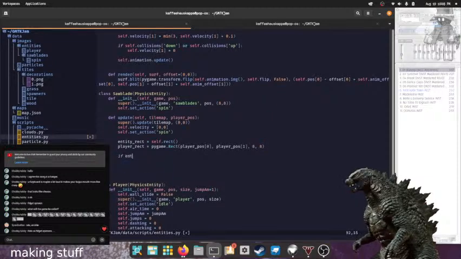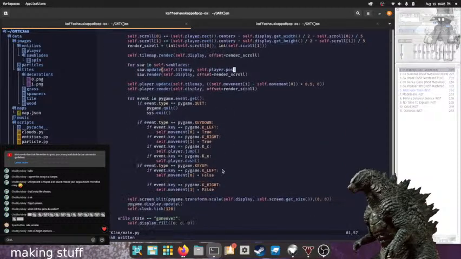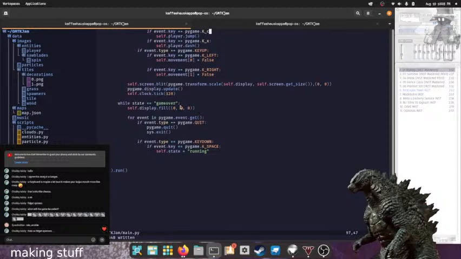So now, if entity rect allowed rect, self.form.state will equal game notebook. Now if we go to main notebook, we can go into the game room.